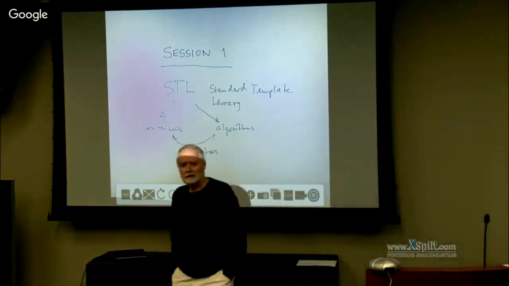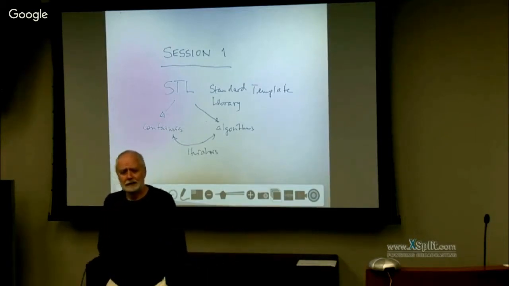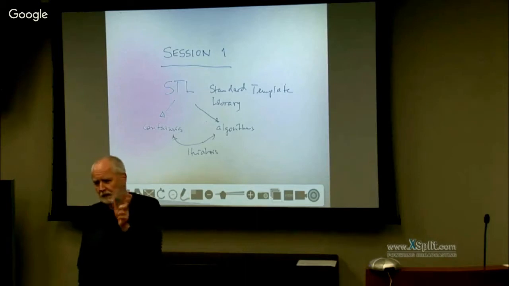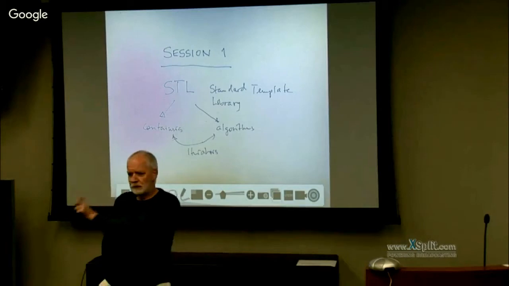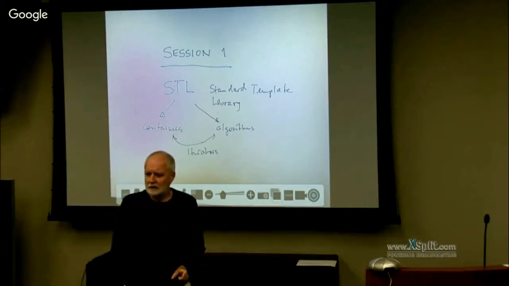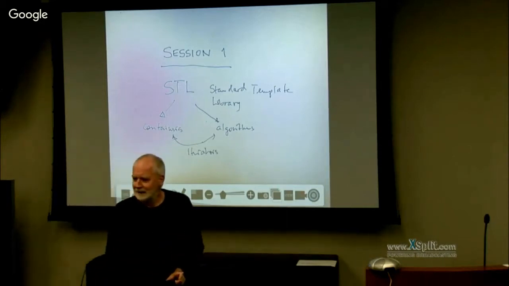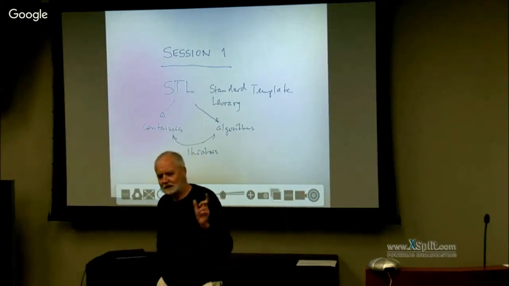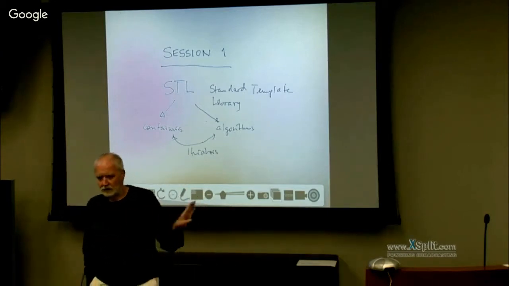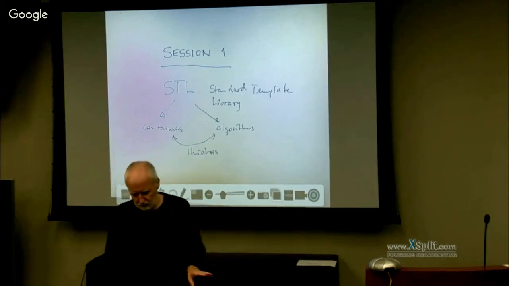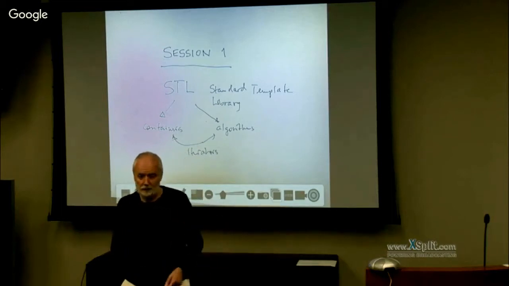Anybody old enough to have read Niklaus Wirth's book, Algorithms plus Data Structures equals Programs, or the other way around, Programs equals Algorithms plus Data Structures? Probably not. You haven't been born when Pascal was a language, right? Niklaus Wirth is the inventor of Pascal, Oberon, and other languages from that class, which were widely used in the 70s, essentially, for teaching programming.